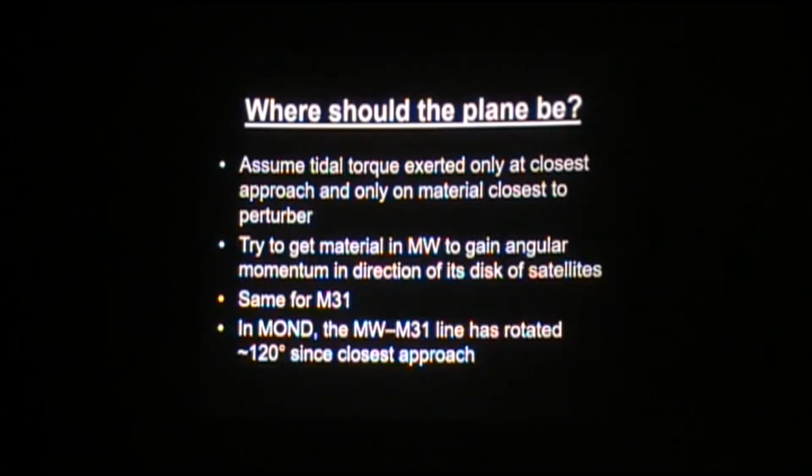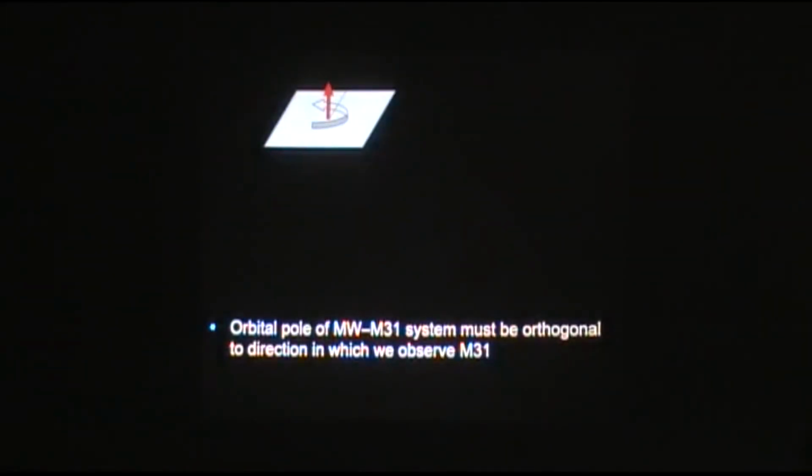degrees. So what we do on the next slide is basically, just to give you an idea, if this black line is the Milky Way Andromeda line, then the orbital pole, or the normal to the orbital plane containing them, could be like the red arrow. But it could also be like pointing this way, right? So we can't really tell which way it is. It's sort of along a great circle somewhere. That's what you can say.